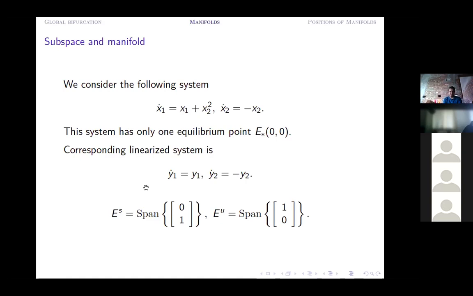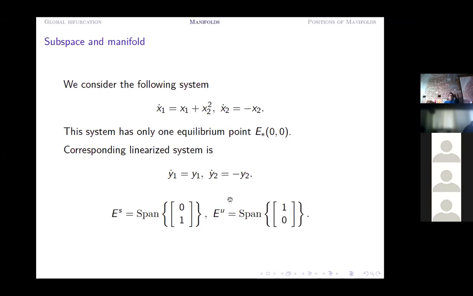In this case, E^S denotes the stable subspace. The stable subspace is by definition the linear span of the eigenvectors associated with the eigenvalues having negative real part. In this case, you have only one negative eigenvalue, that is -1. Its associated eigenvector is (0, 1), and the linear span of this eigenvector (0, 1) is the stable subspace. Similarly, (1, 0) is the eigenvector associated with the eigenvalue +1, and therefore the linear span of (1, 0)